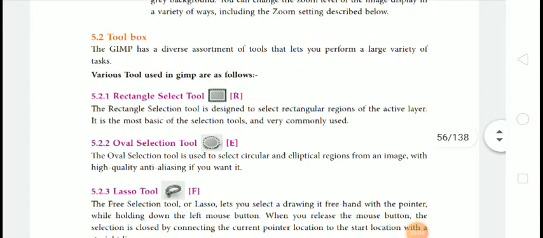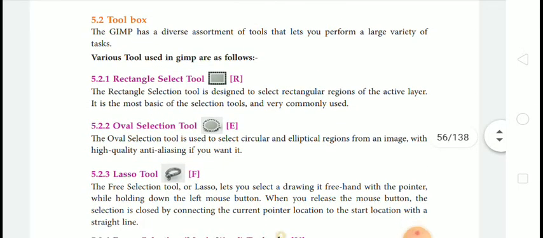Now we will see the toolbox. GIMP has a diverse assortment of tools that lets you perform a large variety of tasks. So, various tools used in GIMP are as follows.